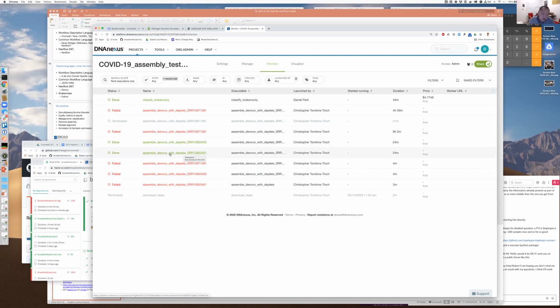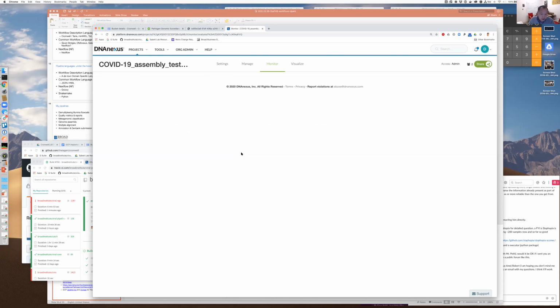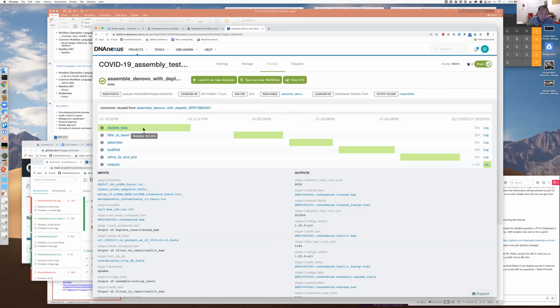So you click on one of these. This is something he ran a little while ago, and this shows you the execution of that WDL. This was a couple weeks ago, on February 13th, and as you can see, here are the 5 main steps. That last step is kind of a placeholder step. And here's how long it took. It took 5 minutes to run step 1. It took 2 minutes to run step 3 or 2. There was a little bit of a gap where nothing was happening in between,